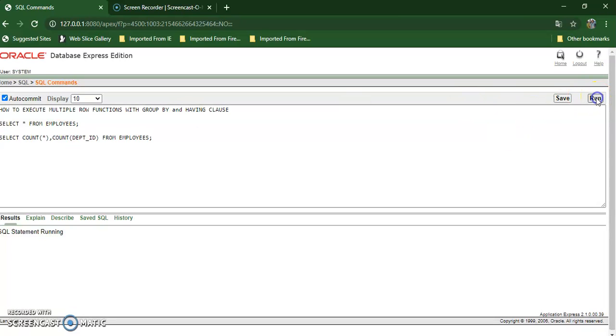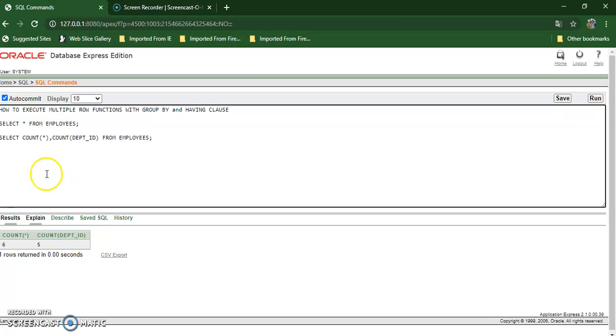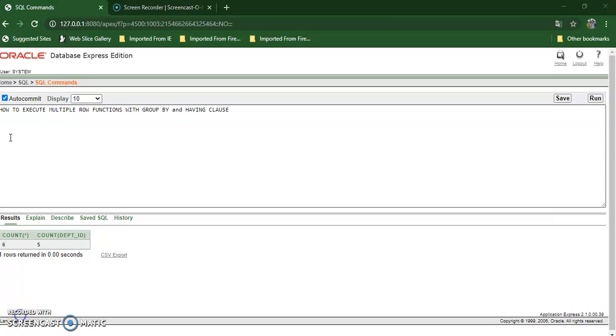So let's run this statement. You can see total records are 6 and count of DEPT ID is 5. That means count doesn't consider null value. For employee King, the department value is null. So this count function is not considering null value. So that is one feature of count function.